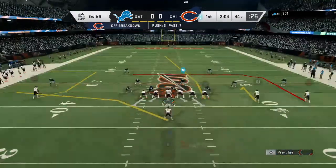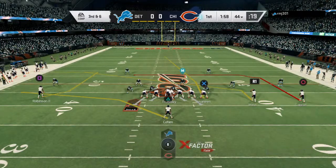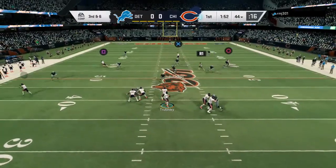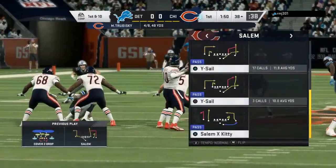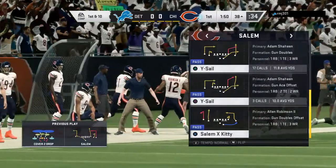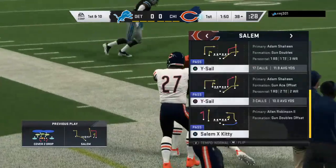And the Lions going with an extra DB here on 3rd down. Now Trubisky to throw. And Robinson with a big catch. Well, he's going to be out of bounds, but not before he takes it inside the 40. 18 yards on that one, and Chicago has the first. First and 10 at the 38-yard